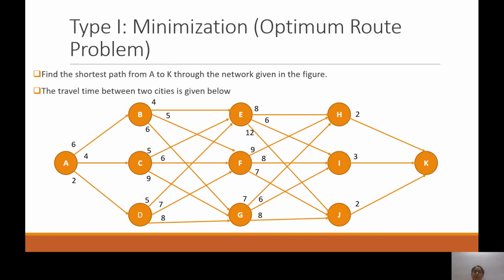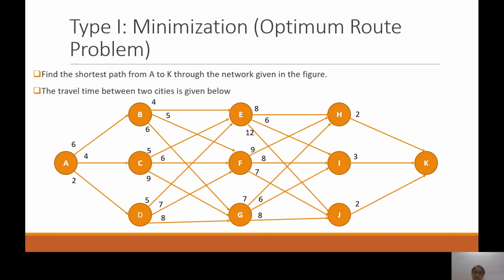Moving ahead, we will see type 1 first, which is the optimum route problem. It comes under the minimization type of dynamic programming. So the problem given to you will be of this particular type. A complex network will be given to you, and you have to find the shortest distance from A to K. Now the distances and the network are shown to you. What are the different routes that you are going to see from A to K are quite visible in your network diagram. Similarly, on each arrow, you are able to see these values 6, 4, 2, 4, 5, 6, and so on. These are the distances in kilometers which are to be covered from A to K, and which gives me various options for various routes.